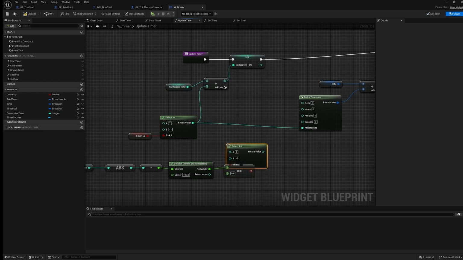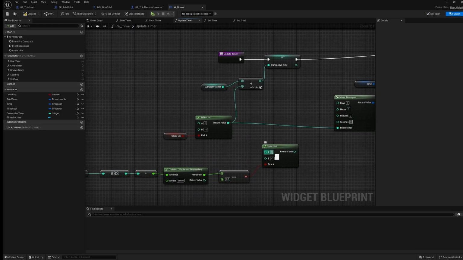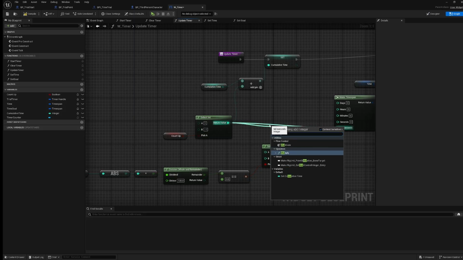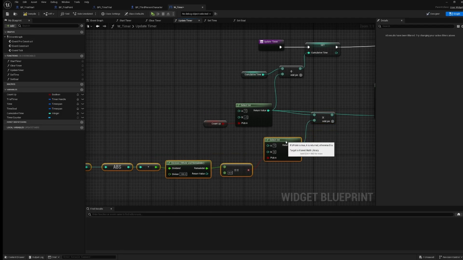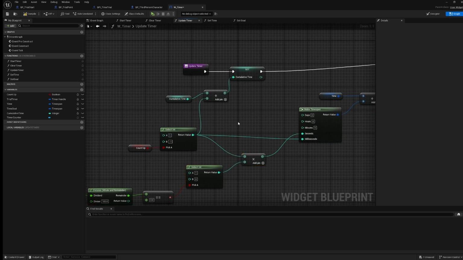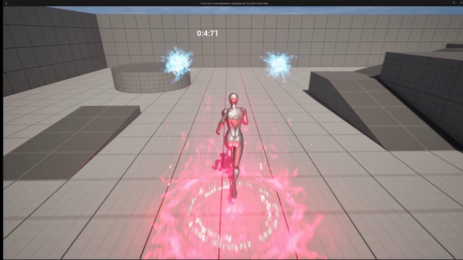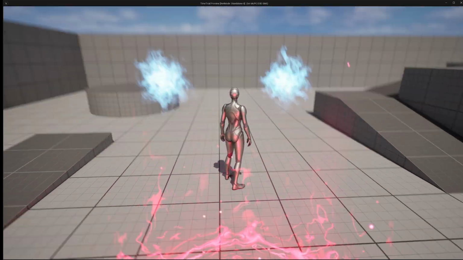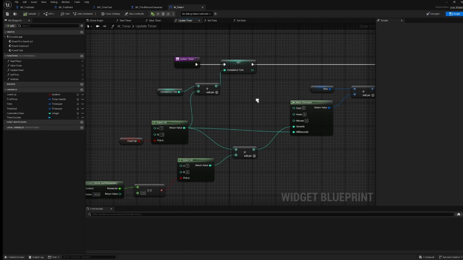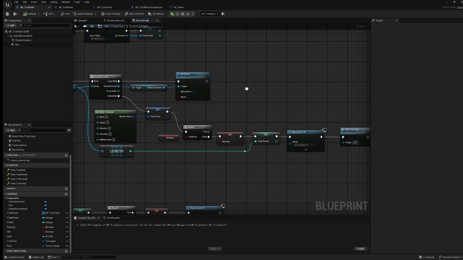we're going to get another select int. We're either going to add 1 second or we're going to add nothing at all. And we're going to multiply this by our other select int because we need to know if it's going to be a positive or negative number. And that will be our seconds. So now you can see it is counting down, and we've reached 5 seconds and the timer ends and we're done. We'll have to come back to this in just a second, because what happens though, if we do it like this,